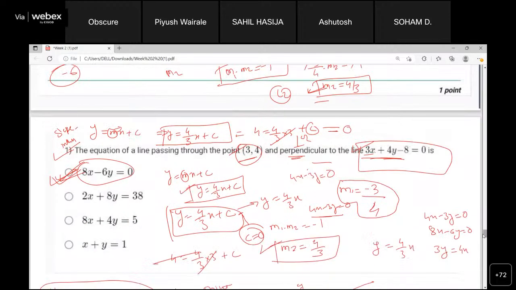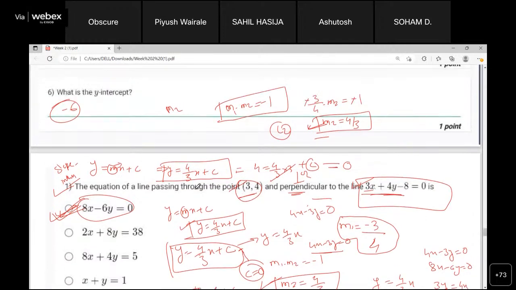Okay, so if in this question supposedly we are asked to calculate the x-intercept, how would we do it? Like we have calculated m. So after that, how will the x and y-intercept come? Okay, so you are asking about the x and y intercept of the line passing through the point and perpendicular to this, right? Yes.